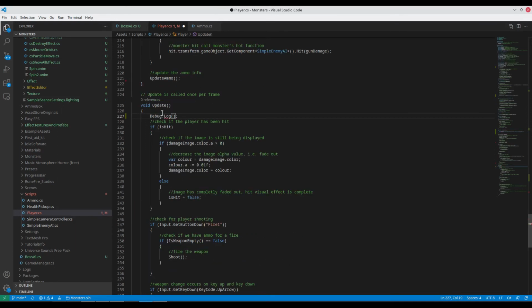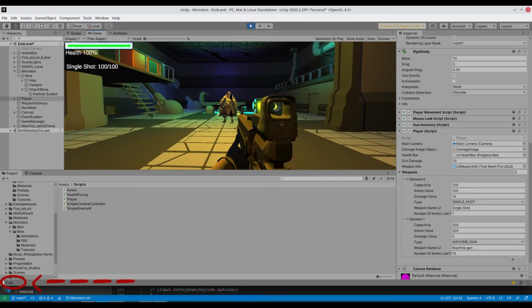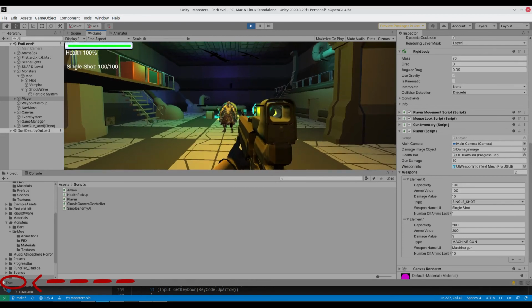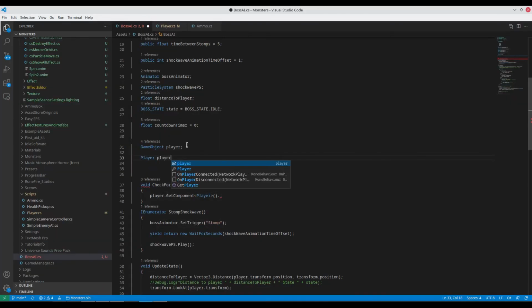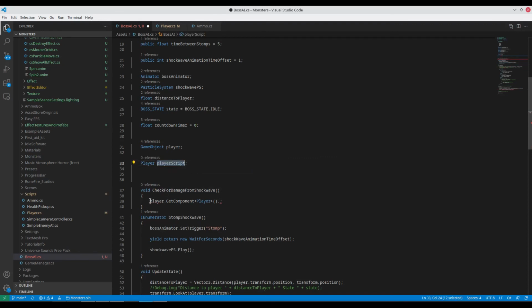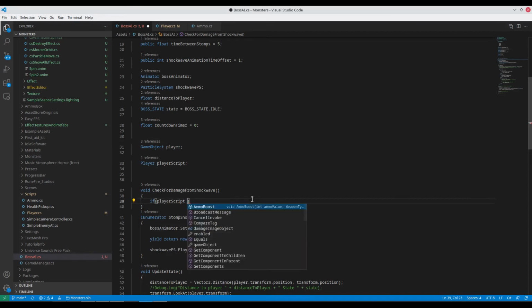Call our is on ground method, touching ground check. True, I am on the ground, and then when I press the spacebar, false. True and false. So jump false, sets to false. So I'm just going to say player script. I can say, right, if player script dot touching ground check returns true,